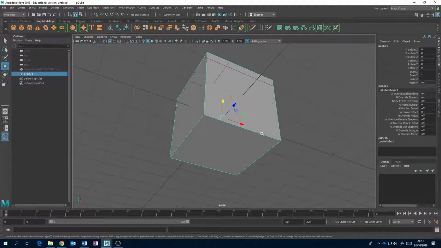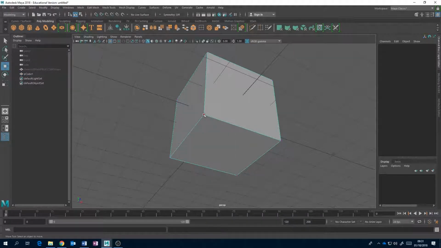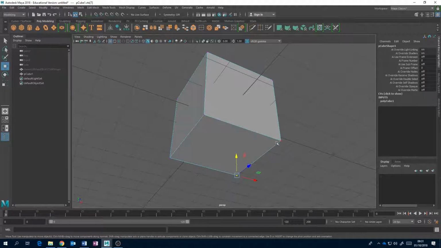Maya provides you with loads and loads of different ways, but let's try and do it the simplest way. With an object selected and pressing and holding the right mouse button, you can select the different components of the object. Now I want to select just a vertex, and a vertex, I don't know if you remember last week, is simply the points that get connected up to form edges, and then the edges form faces, and faces make your object. But at its lowest possible level, you have the vertices, and I can select any one of these just by